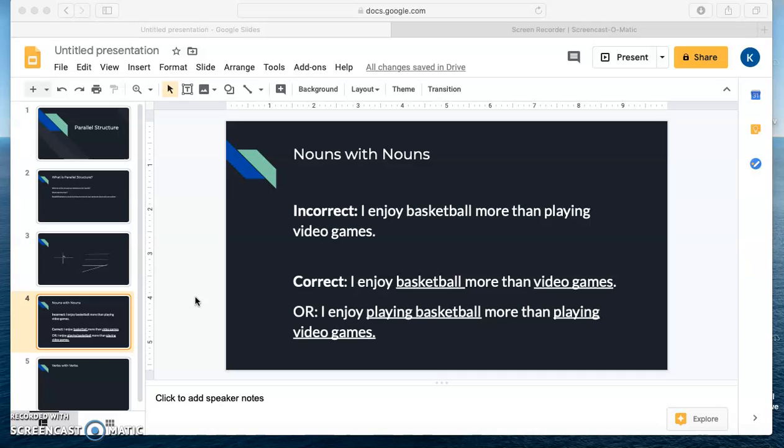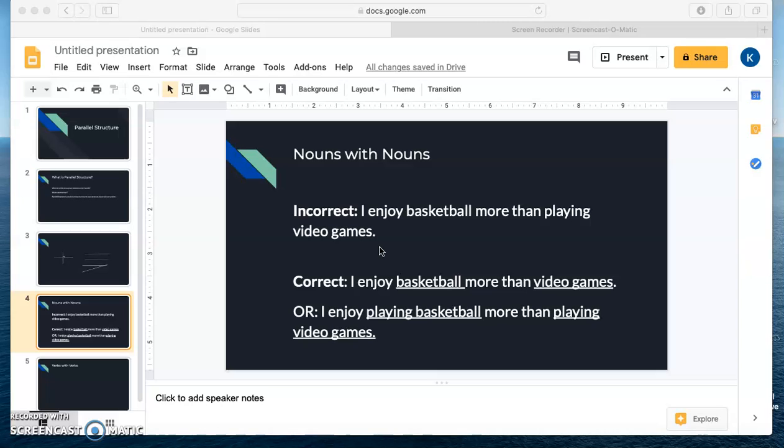And I want to start by matching up our nouns and seeing how nouns can be parallel even within the same one sentence. If we look at the sentence here, I enjoy basketball more than playing video games, we understand what the author is saying. The author enjoys this outdoor physical activity, basketball, more than he enjoys sitting in a room on a chair playing video games on a TV screen. However,